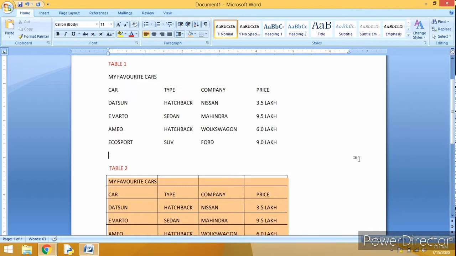Okay, so what type of difference do you see in table 1 and table 2? What difference do you see? Please, anyone respond. Is there any difference? Yes, sir. Table 2 is highlighted.